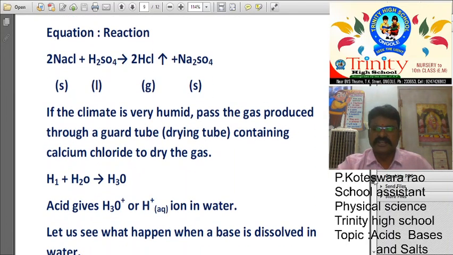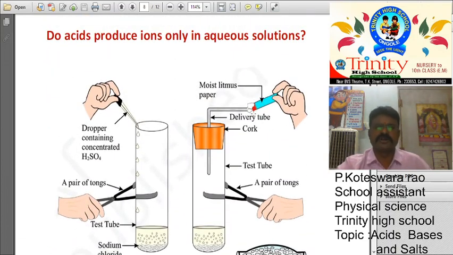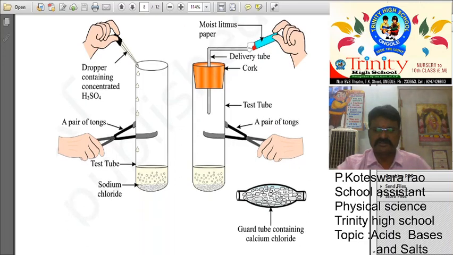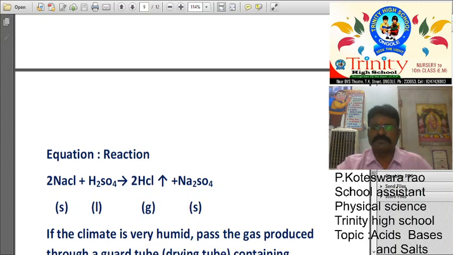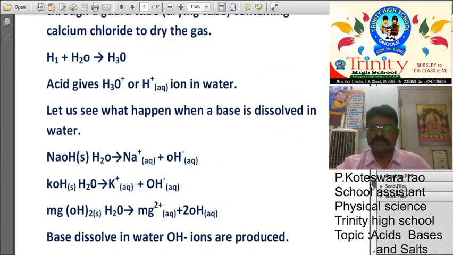And after that we can discuss the mechanism involved at the mouth of this delivery tube. H plus, because it can produce acid. Acid plus water can form H3O plus. H3O plus means hydronium ion. Recent experiments have proved that H plus does not exist independently. It is always mixed with water molecules. We already said one H plus must mix with 4 to 6 water molecules.